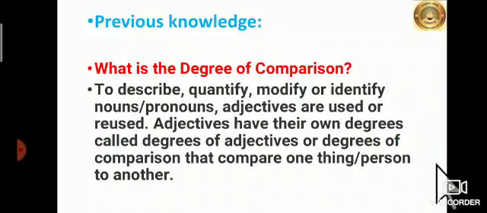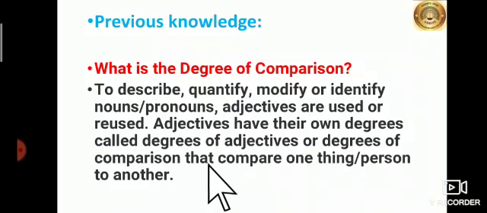What is degree of comparison? As you have already learnt in your previous classes in class 3, let's revise what it is. Adjectives are used to describe, quantify, modify or identify nouns or pronouns. Adjectives have their own degrees, called degrees of adjective or degrees of comparison, that compare one thing or person to